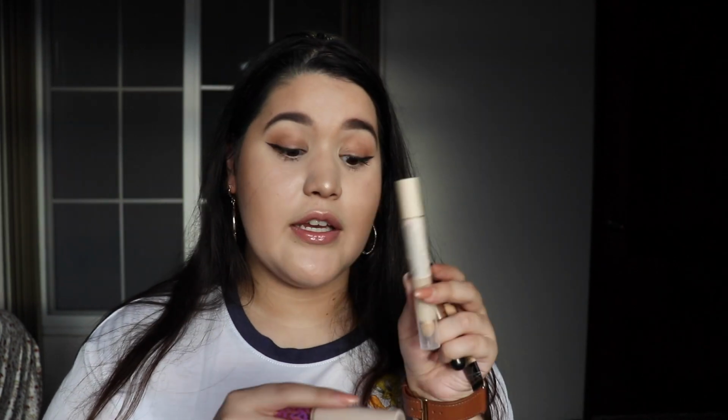Next up, these are my cream products. I brought with me my concealers. I brought the Tarte Shape Tape and the Makeup Revolution Fast Base Concealer. First Base, not Fast Base. I'm quickly loving this concealer. I have been using it non-stop since I've gotten here. I haven't even touched my Tarte Shape Tape, and you guys know that I always use my Shape Tape, but